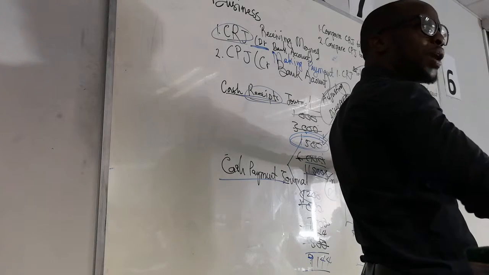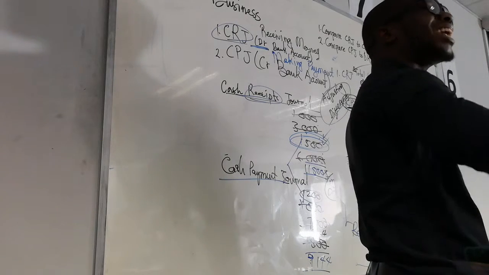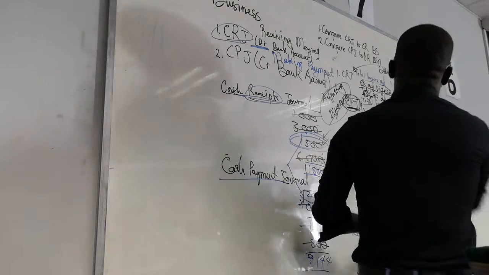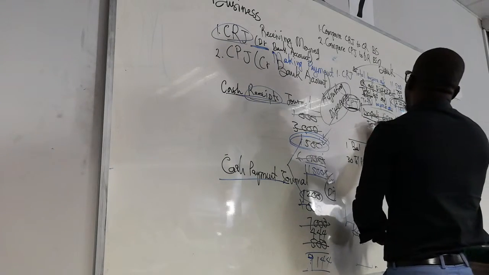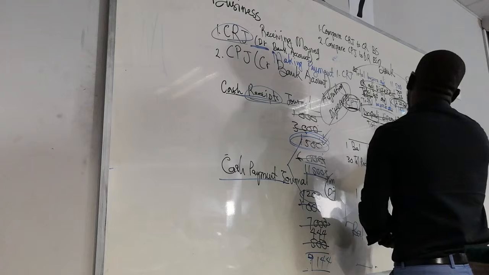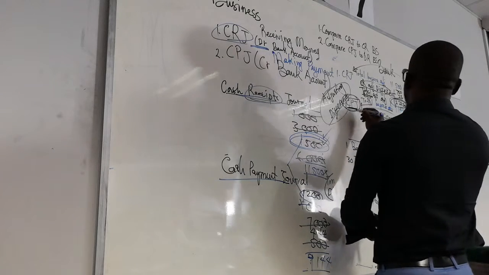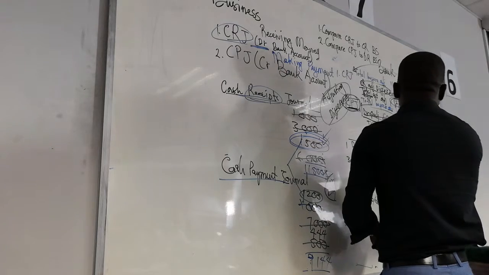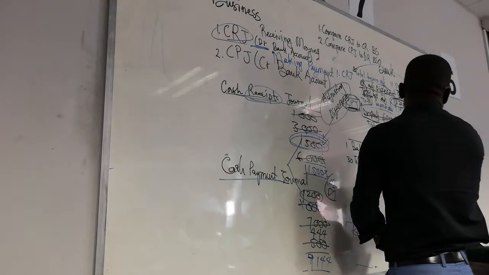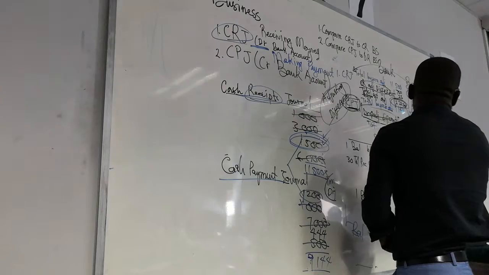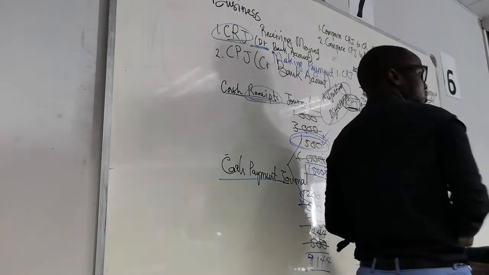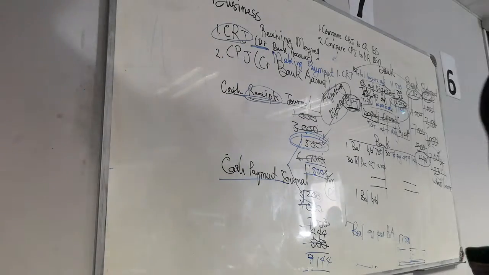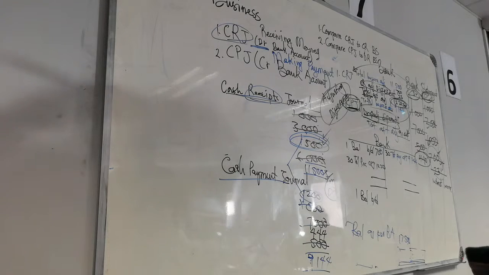And then you go and you look at your payments. With your payments, you were crediting bank. So we will come here and say, okay, how much is our total after adjustment for CPJ? 9,144. We will say total payments in the CPJ, 9,144. Does that make sense? All you knew was what to do. What must I do? And then you balance the account.